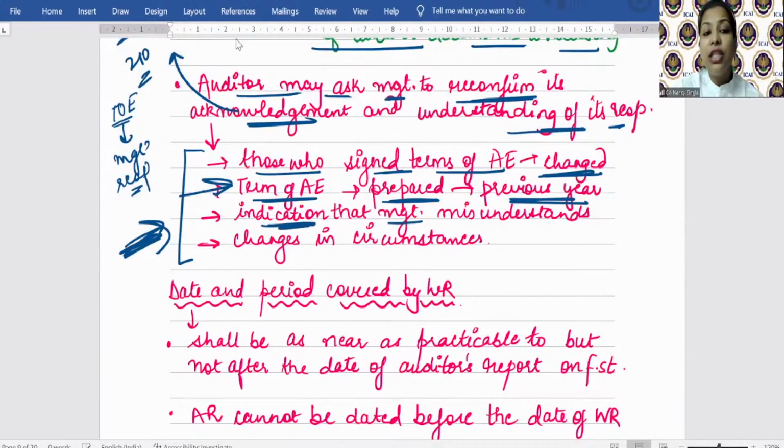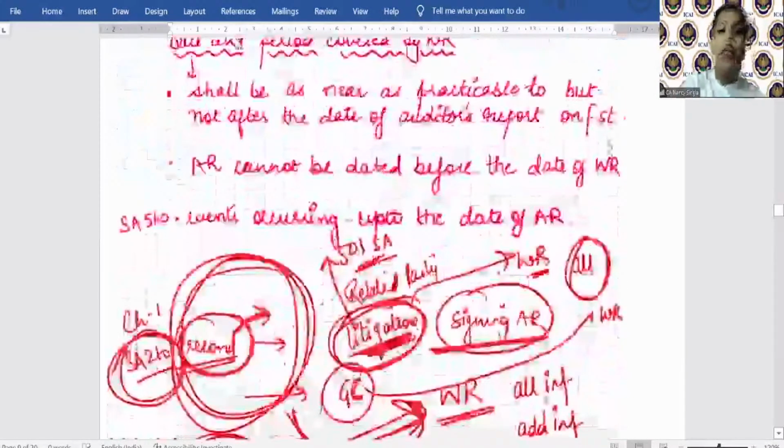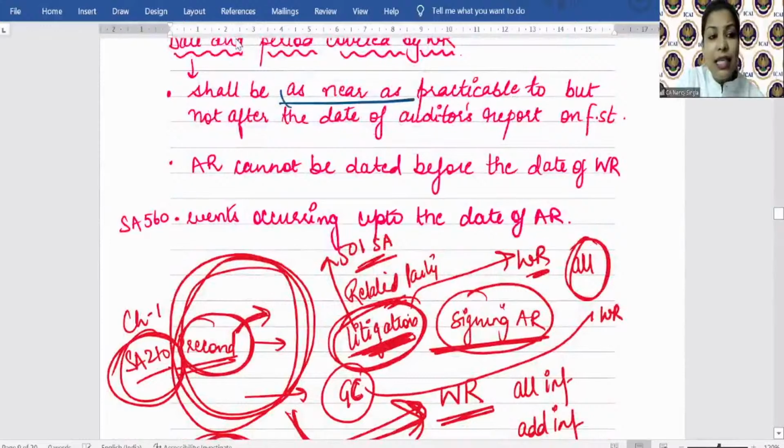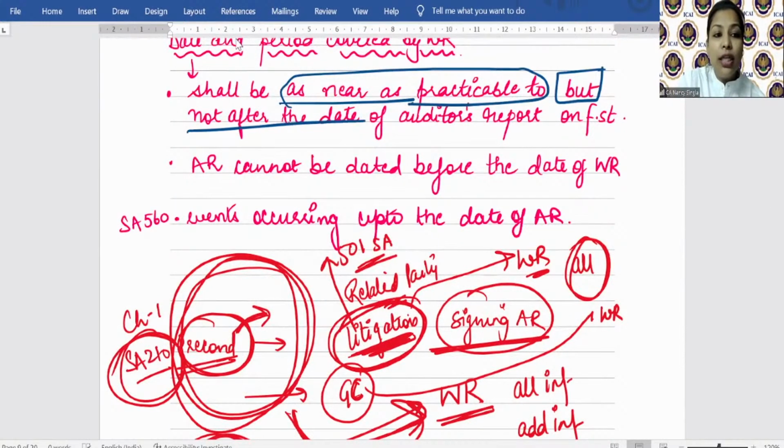If there is an indication that management has misunderstood its responsibility, suppose last year you realize at the end of the audit that management has misunderstood their responsibility, then obtain the written representation immediately, and if there are any changes in circumstances. Okay? What is the date? It shall be as near as practicable to, but not after the date of the auditor's report on the financial